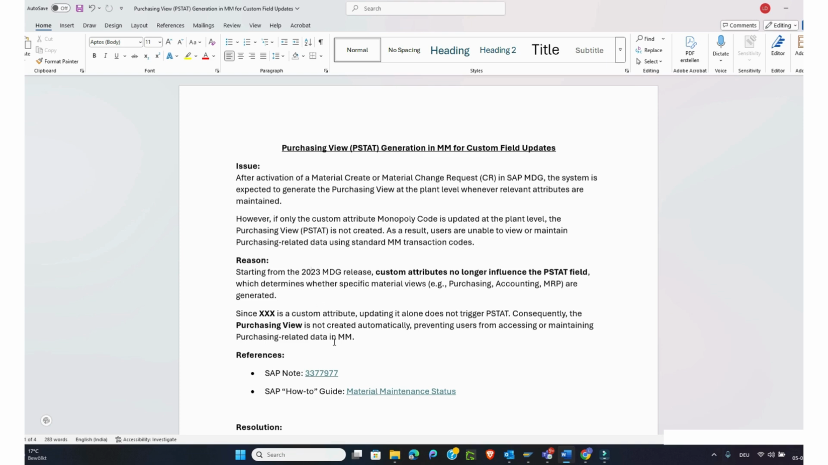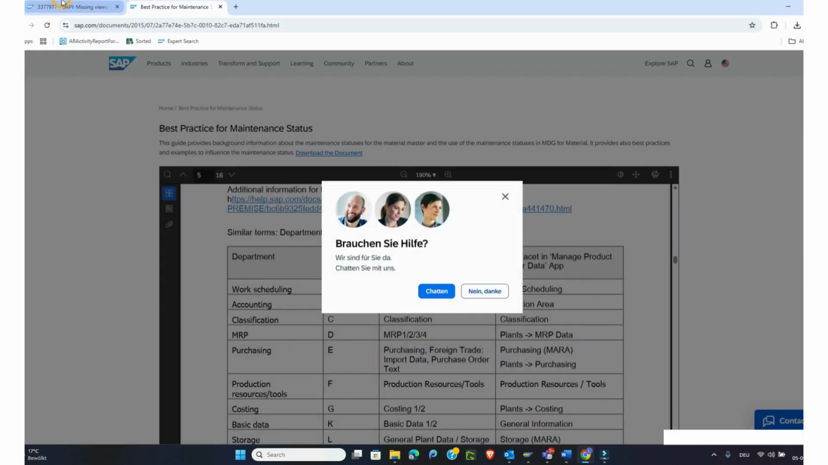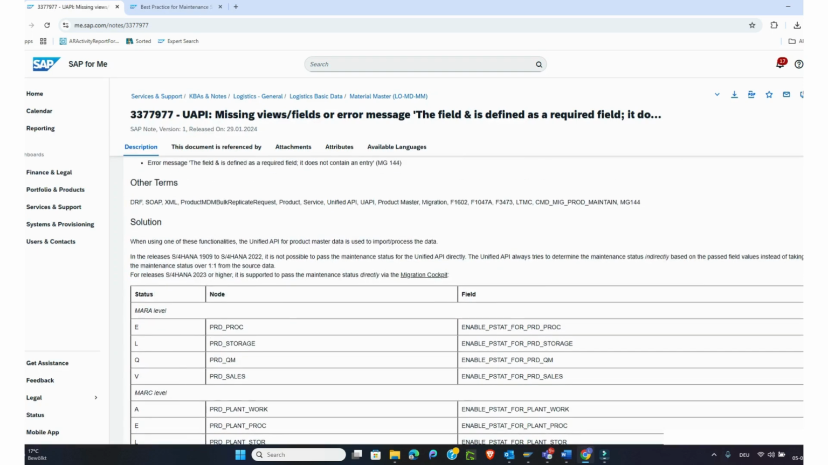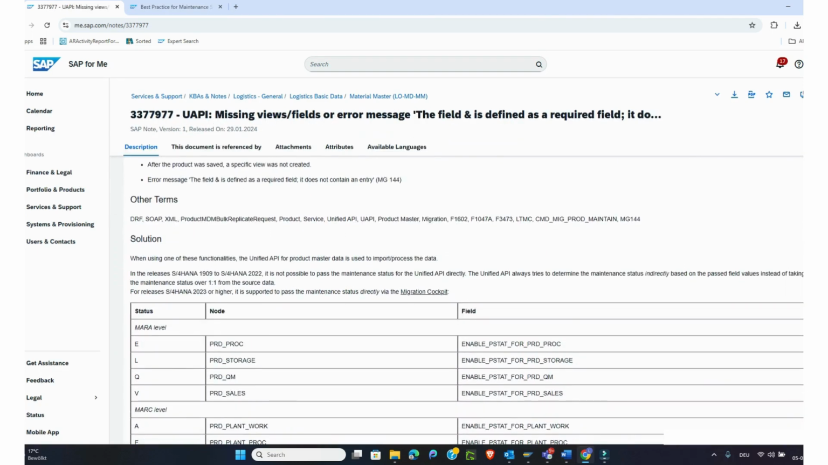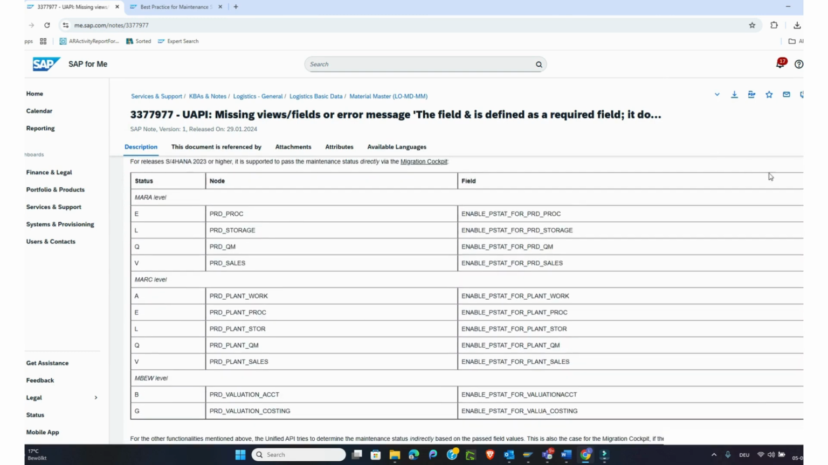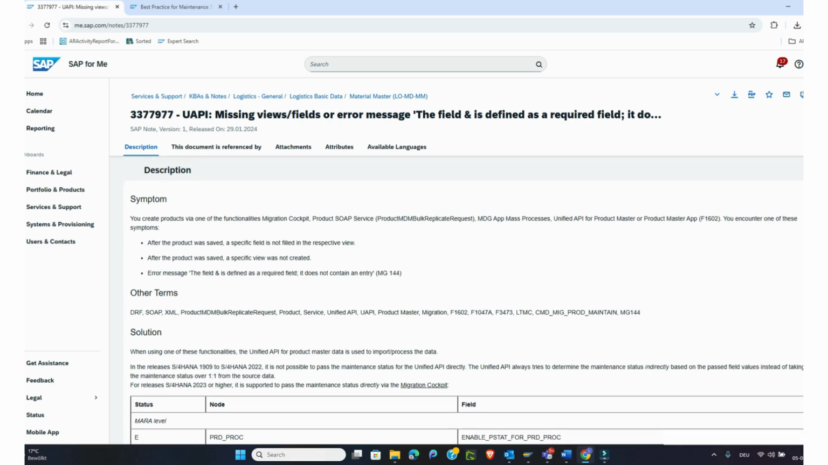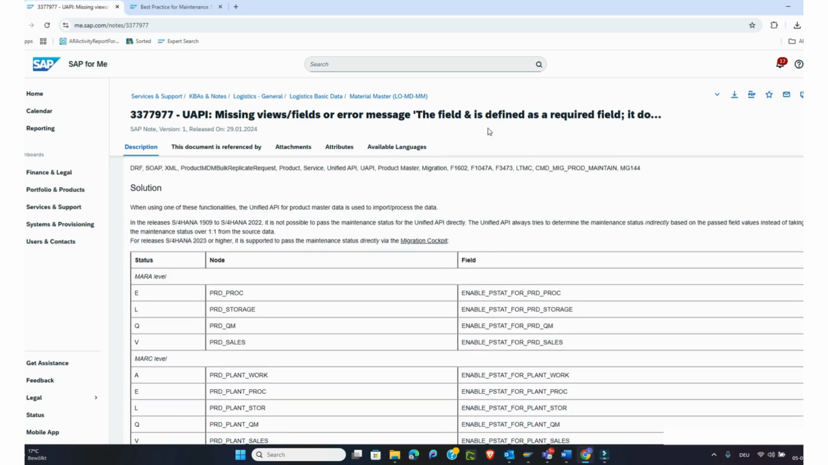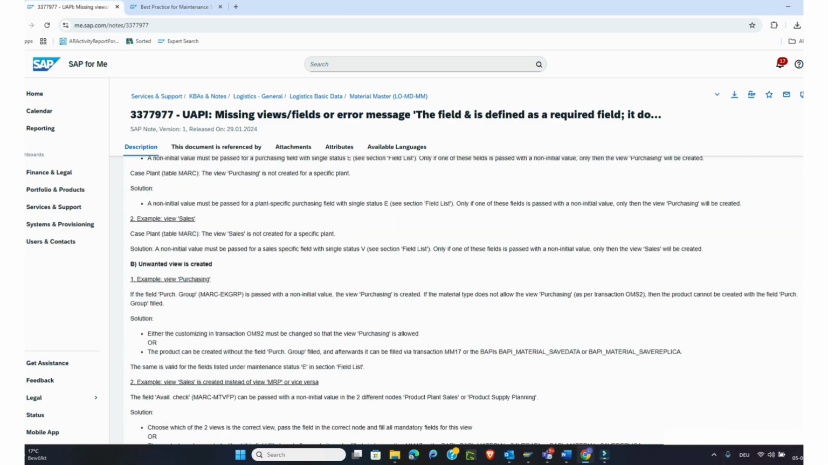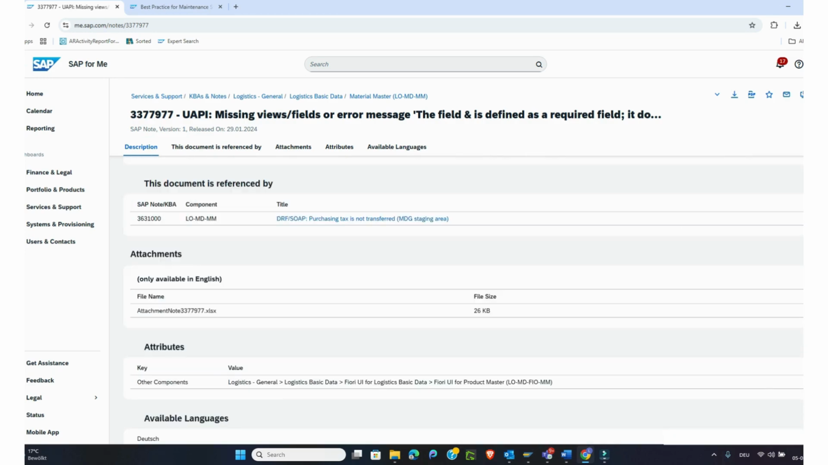Yeah, so SAP provided this note. If you click this note, you will land on this page. In this, they explained how we can influence the maintenance status, what kind of message we get if the maintenance status is not properly maintained, and which field is required for maintaining the material status. If you scroll down, you will find an attachment. If you open this attachment,